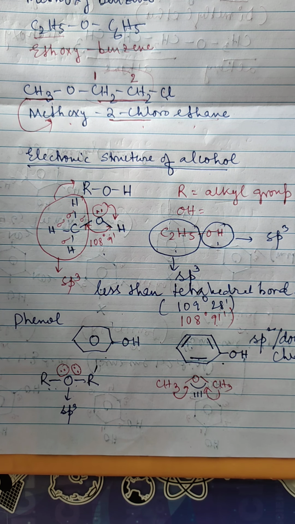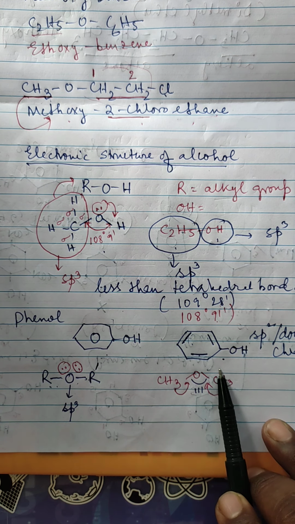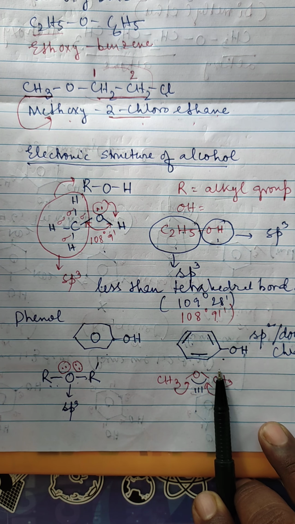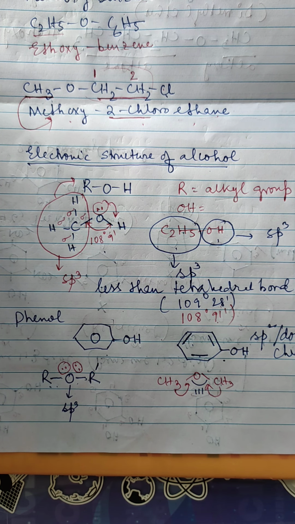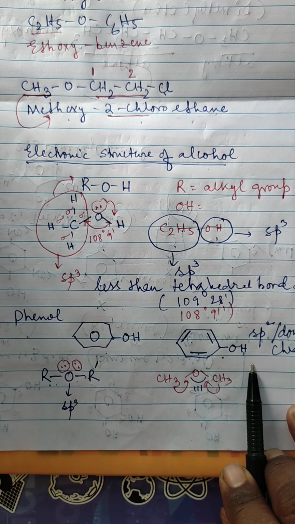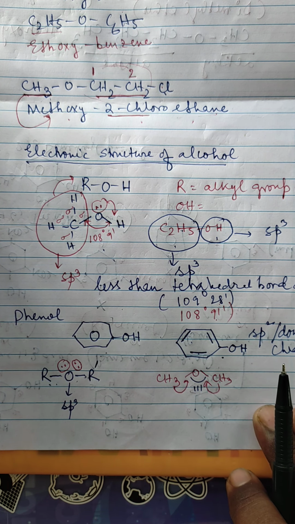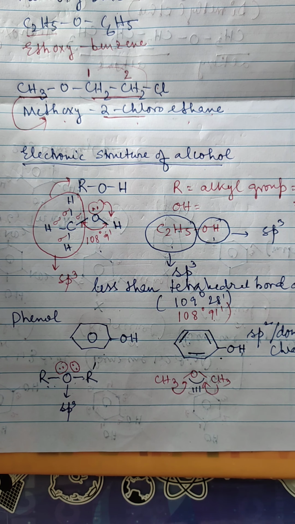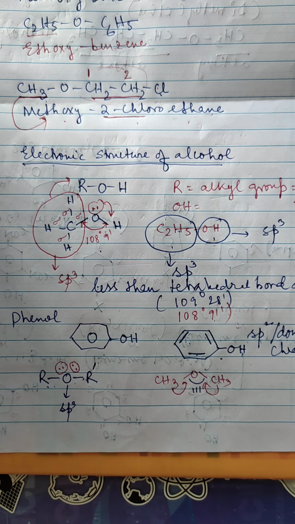So we have discussed till now three structures: the structure of an alcohol, the structure of a phenol, and the structure of an ether. In the structure of an alcohol, we discussed how a hydrogen of water is replaced by an alkyl group. In phenol, we have seen that it is replaced by a benzene ring. And in case of ethers, it is replaced by two alkyl groups, each having sp3 hybridization. Instead of a decrease in bond angle, in this case the bond angle increases. Okay?